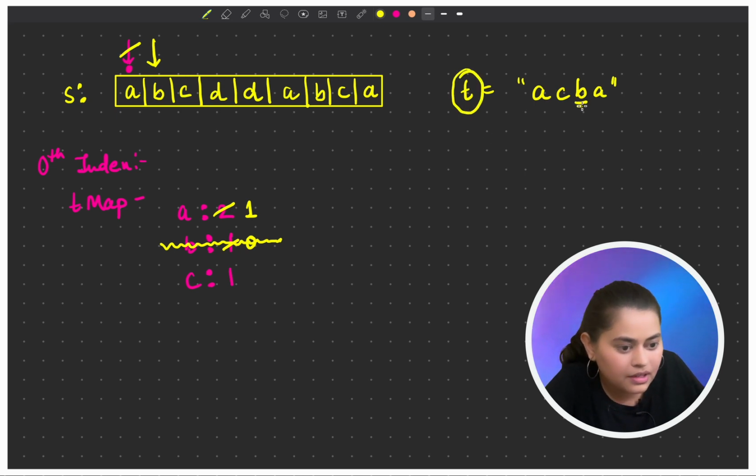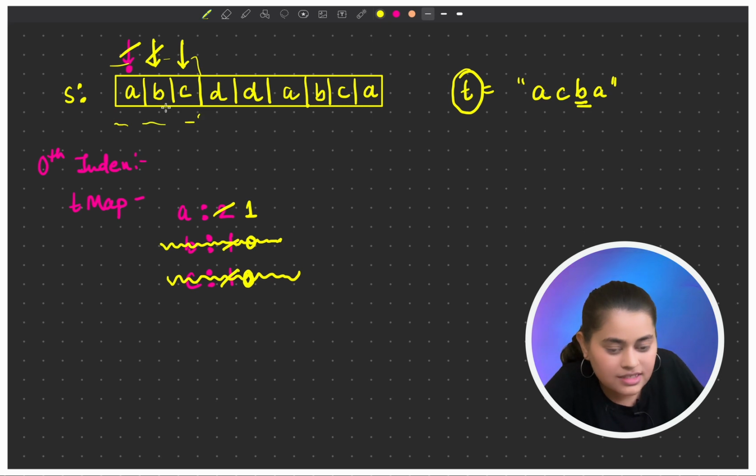We have one B in the target string and we have got one B in our S. Now let's move ahead. We have encountered C, so let's decrement the count for C. Since the count has become 0, we know that this window has one C, which is required, right?